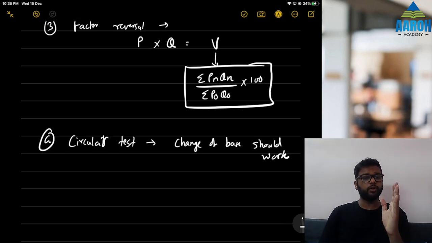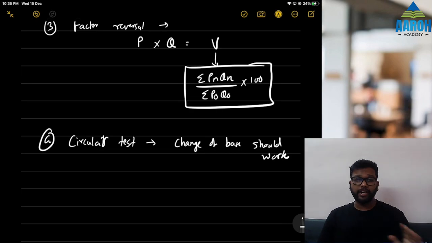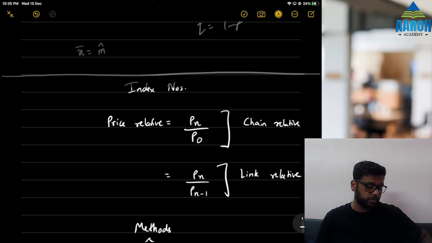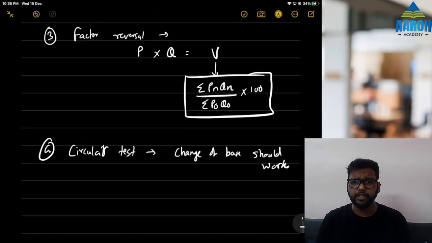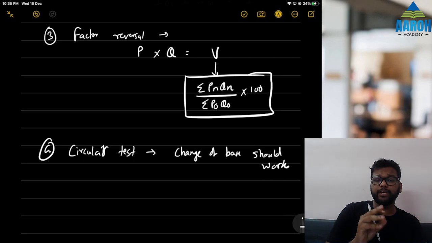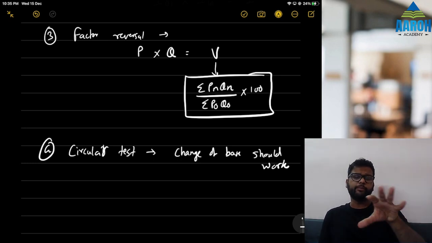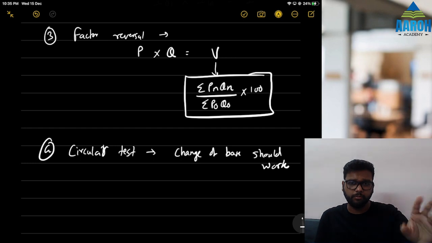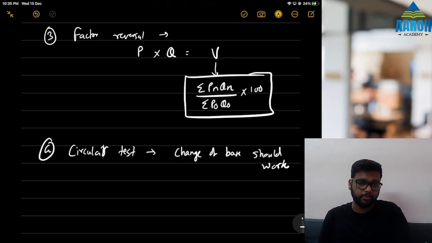That means if we want to change base of any index number, then it should match exactly. It does not match in any of these formulas, it only matches in simple price relative. So circular test is not satisfied by any one of them. It is only satisfied by simple price relative and weighted aggregative method with fixed weights and geometric mean of price relatives. So again, that is important from theory point of view. You should ideally make a summary of what satisfies what, because that will help you. It will take 5 minutes and you will remember it till exam, matlab 2 days.